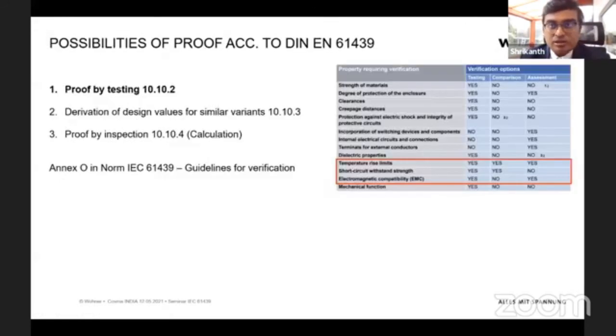And yeah, coming down to the temperature rise test, what is allowed and how in the IEC standard, and how we can guarantee that your panel is according to the IEC standard. Here, all the three are allowed. That means you can do the test and then it's allowed. Or you have already made the test and you can refer to the test, that is also allowed. Assessment is also allowed. Assessment means